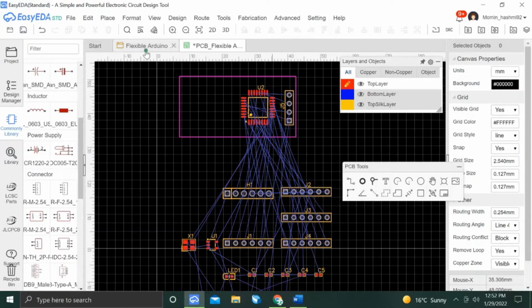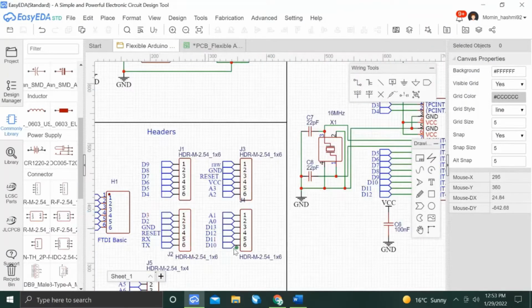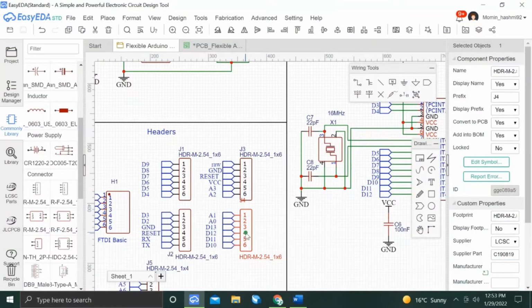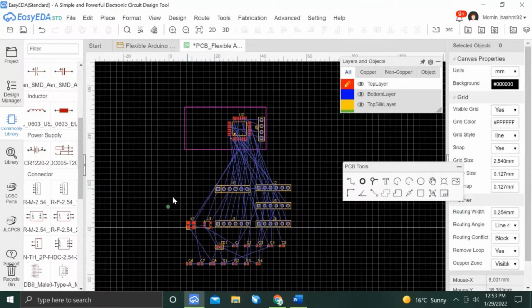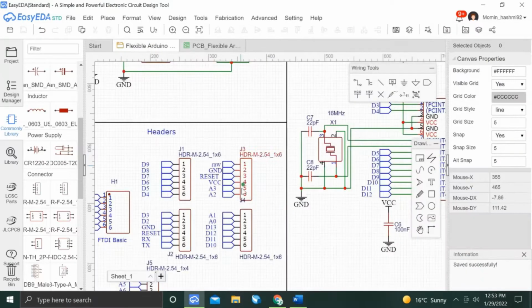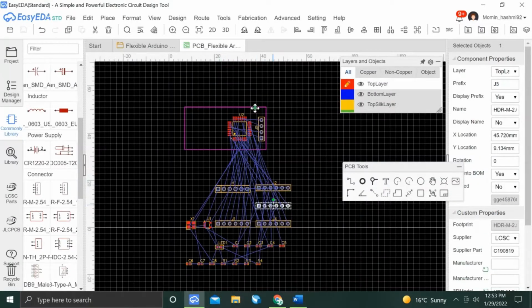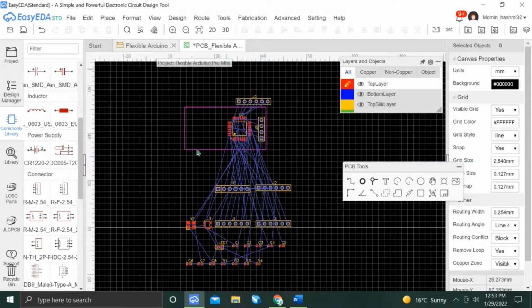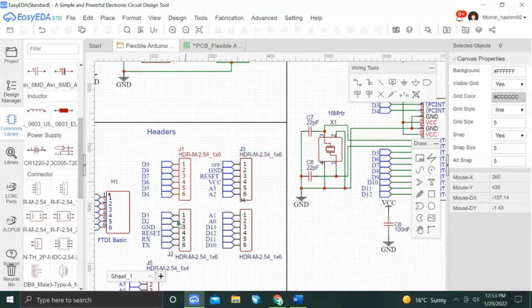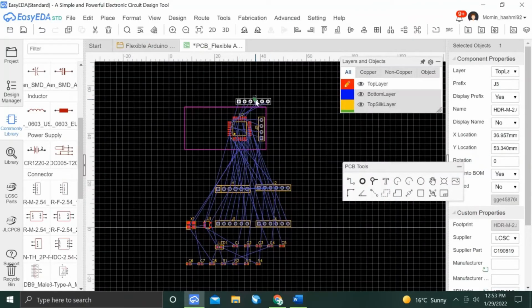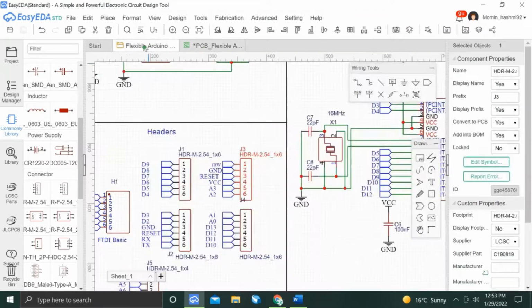Now the digital pins. Just click the digital pins in the schematics and it will automatically highlight in the PCB. Oh, it didn't. Wait a minute, go to the schematics, click J3, and yes, it highlighted. Similarly, A2, A3, click it, it will highlight. Sorry, we have already highlighted that. A1, A0,